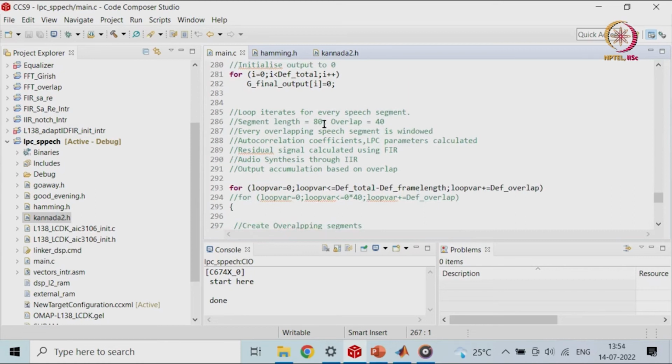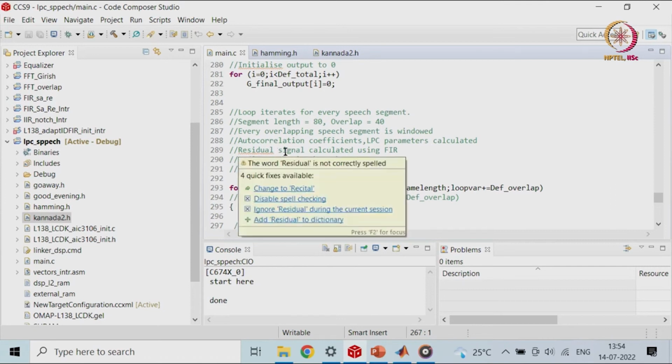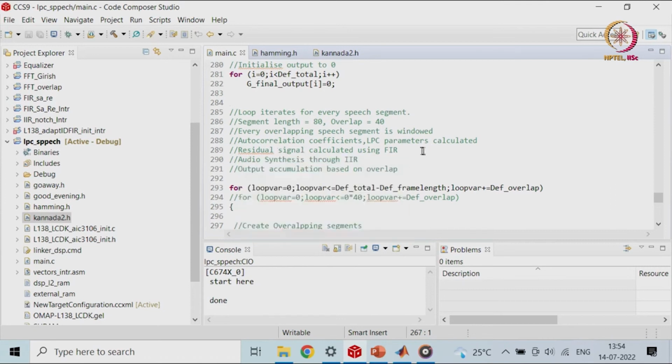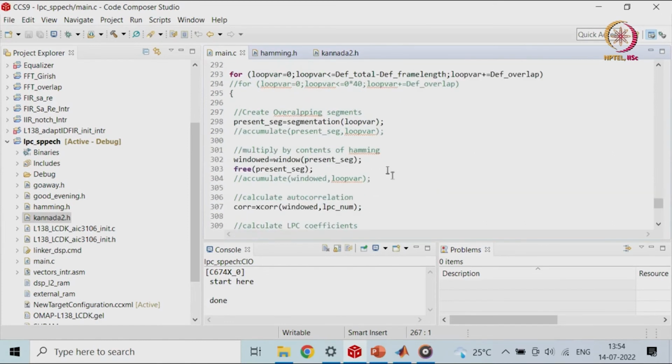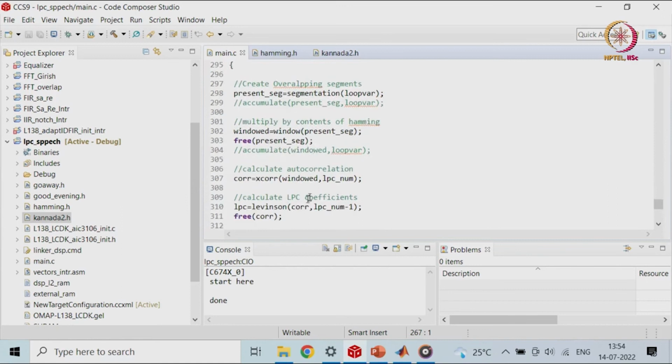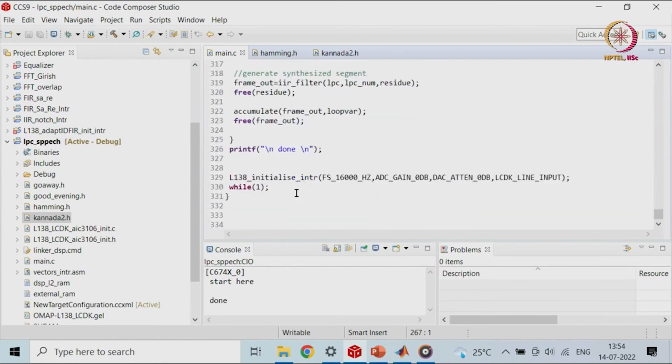The length here is 80 and the overlap we have taken is 40, and every overlapping speech segment is windowed, then autocorrelation is done, and you calculate your LPC parameters and the residual signal using the FIR. You will do the synthesis through the IIR and output the accumulation based on overlap. You will see that these are the ones you are going to free, and since we are using